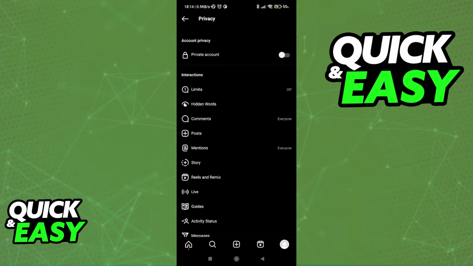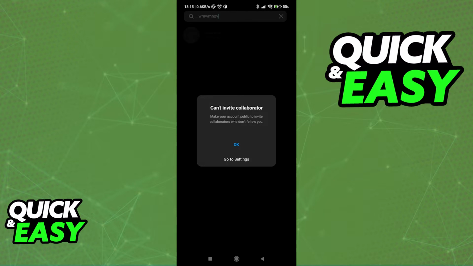If I go over to my account settings and I make my account a private account, you can see if I look up some user and I try to add them, it's going to give me this prompt: can't invite collaborator. Make your account public to invite collaborators who don't follow you. So as you can assume, it is currently impossible to invite collaborators if you have a private account and they don't follow you. So unless you turn off the private account option, you won't be able to make new collaboration